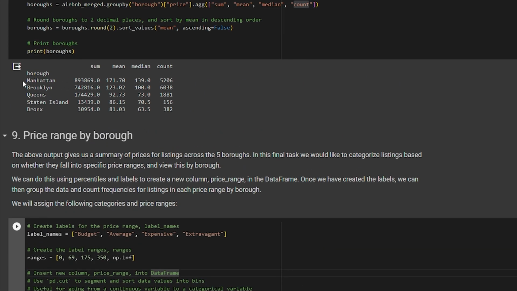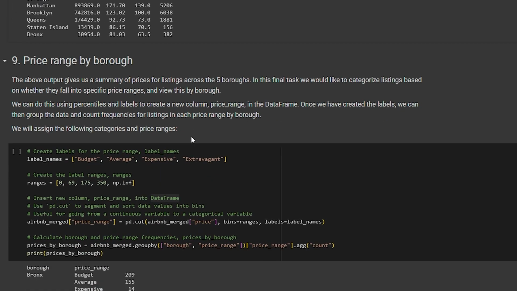But this data is not usable for the normal user. We need to make it as user friendly as possible. Let's say it's not a static dataset, it's an API, and you want to break it into labels and names like budget, average, expensive, extravagant, luxurious, or whatever you name it. You can do that by making ranges. We give labels budget and average, and whatever you think is expensive and extravagant, and we give it ranges from 0 to 69 to